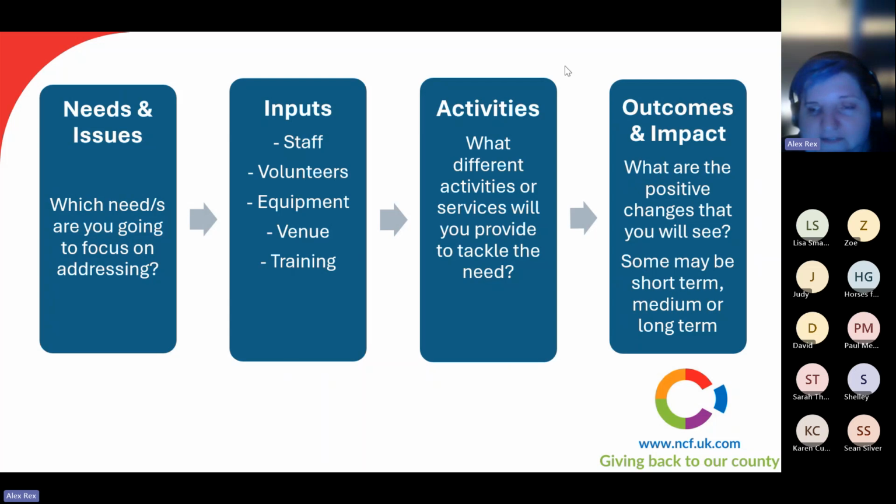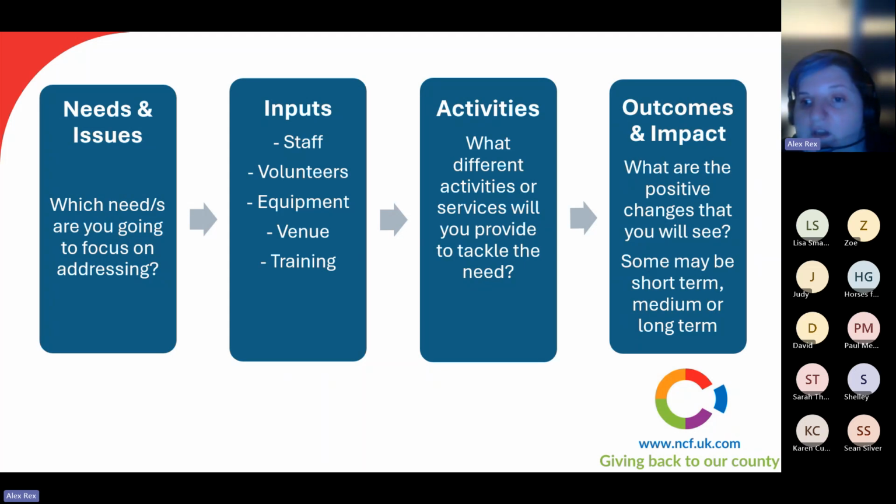So you've identified the need and the issue, the activities, and then you're hoping that will lead to the impacts and outcomes that you've identified. So then what you need to do is think about the input stage. This is where you're going to think about the sort of things that you need to put in